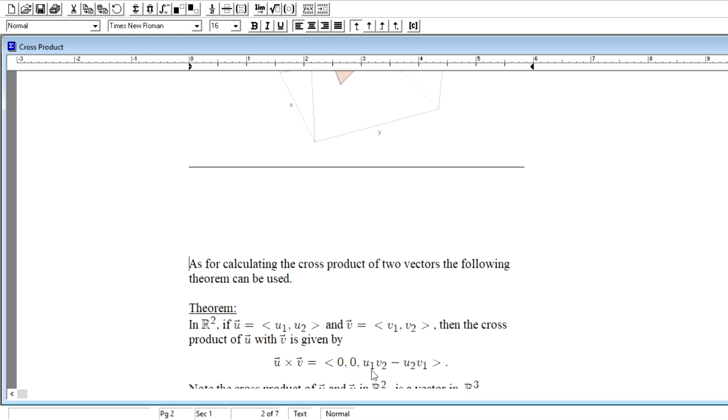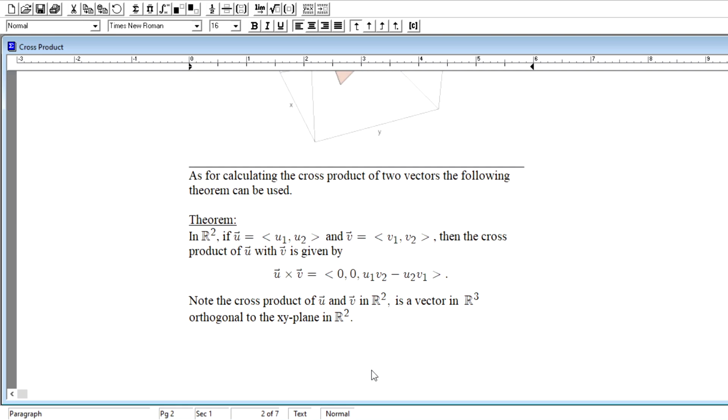That cross product's calculation does depend upon a theorem, right? A theorem that does vary a little bit from 2 to 3-dimensional space, but actually doesn't vary that much. If you were to break down the actual 3-dimensional calculation, you would see this would be the result. Now, in the case of 2 dimensions, if vector u is equal to the 2-dimensional vector u1, u2, and vector v is the 2-dimensional v1, v2, and these two vectors exist in 2 dimensions, the x, y coordinate system,